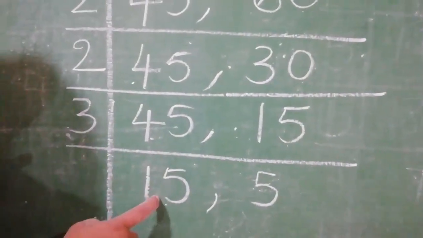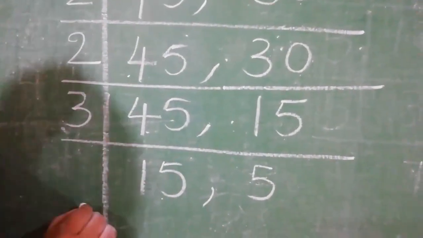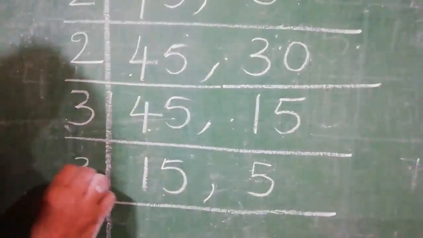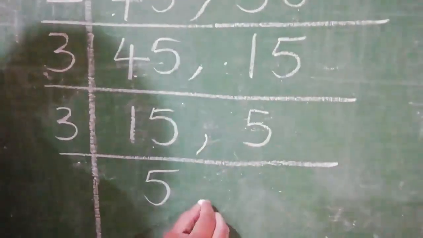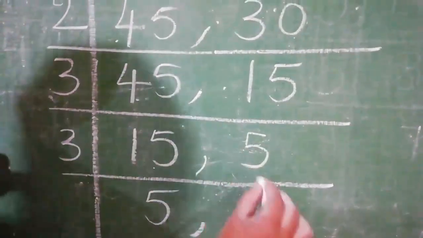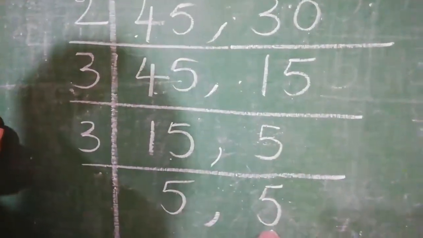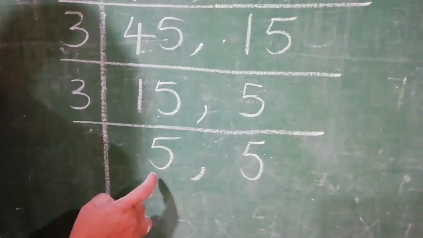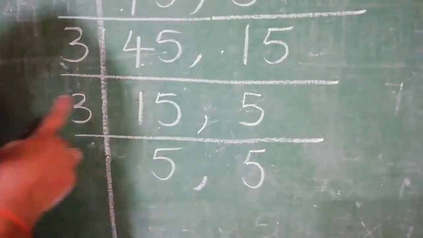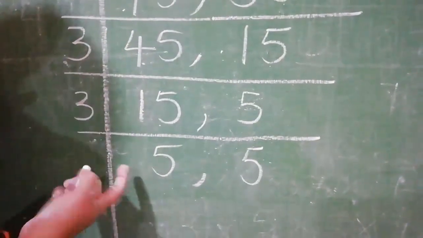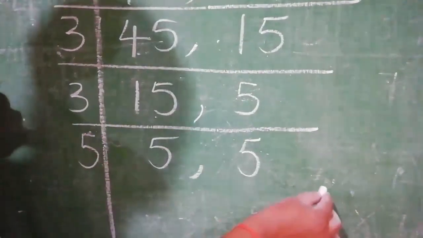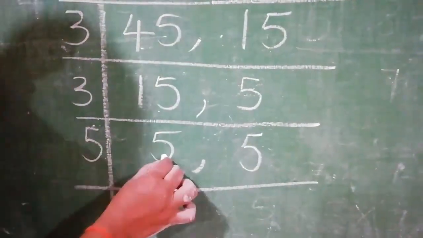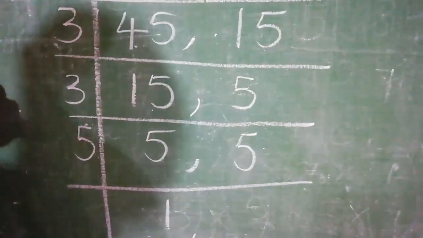No, only one number. The first number is divisible by 3. Do the division. 3 5s are 15. 5. 5 is not divided, so you have to write the same number. See that here the quotients are 5, 5. Is it not divisible by 3? The next prime number is 5. How many times? 5 ones are 5. 5 ones are 5.